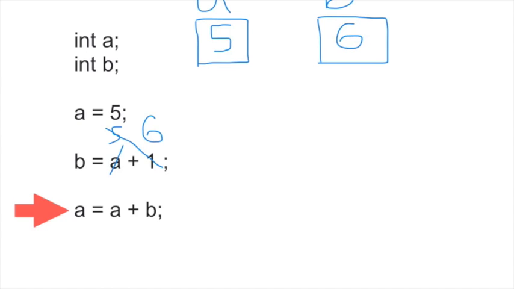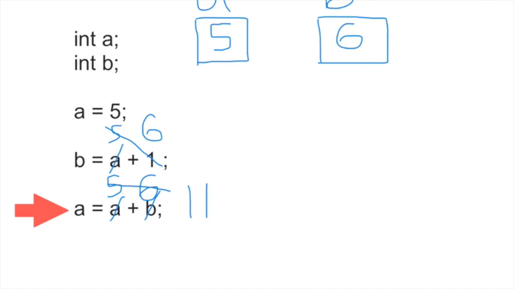So we replace this a here with a 5. And then we look to see what the value of b is. The value of b is 6. So we replace b with a 6, and now we have the expression 5 plus 6. So the expression 5 plus 6 evaluates to 11. So really this statement reads a is assigned the value 11,